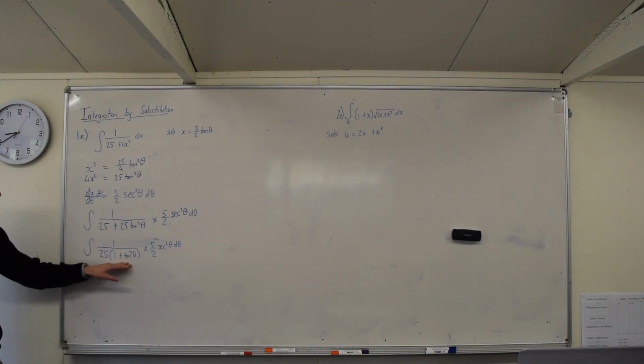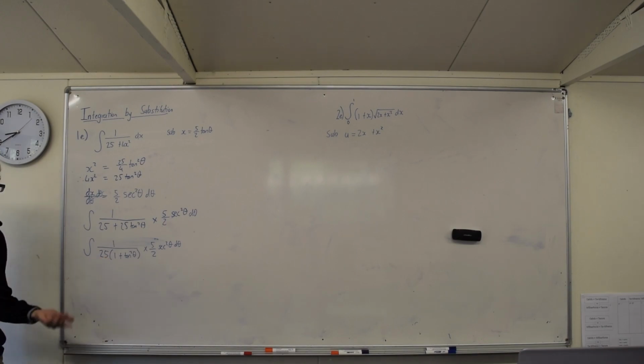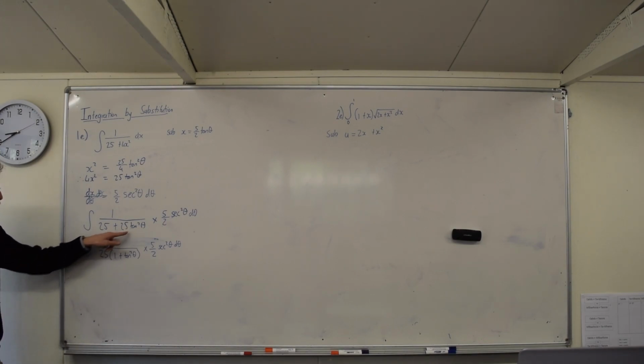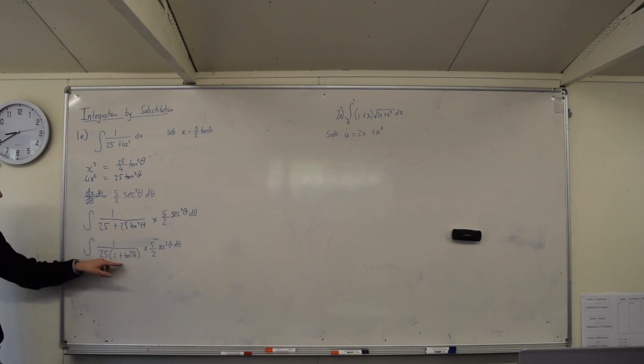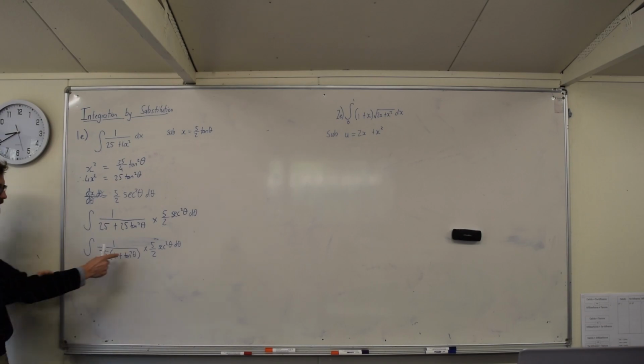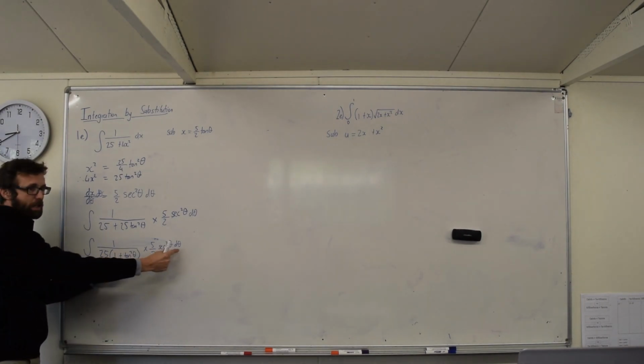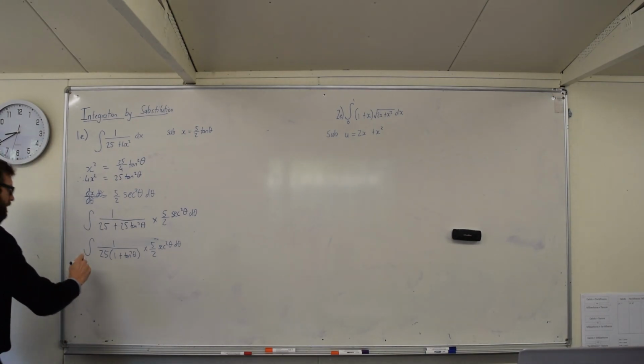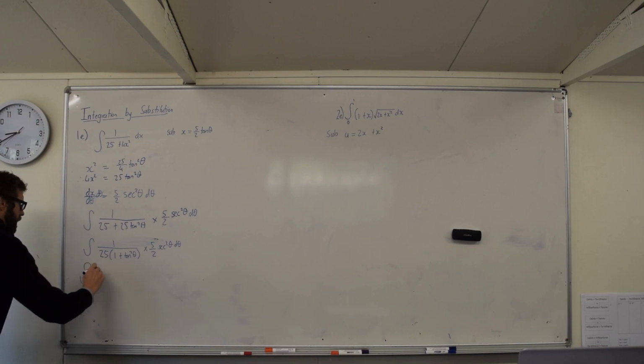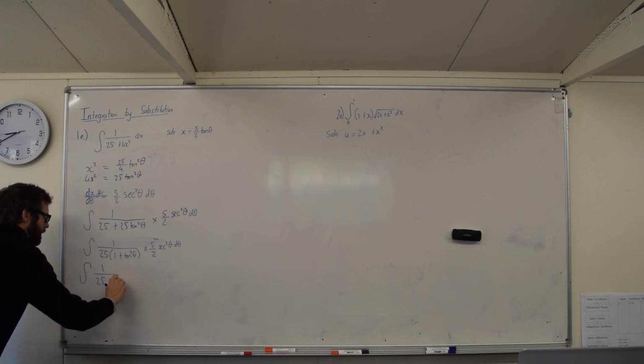So Griffin knew his identities, and he's like, "Ooh, this looks like I could use the identity to change this into sec squared theta." I've just done the same thing, but I've factorised this first because I'm going to have 25 sec squared theta, because 1 plus tan squared theta is sec squared theta, and this is going to be helpful because that is going to cancel out that. Okay, so our next line will be 1 over 25 sec squared theta,